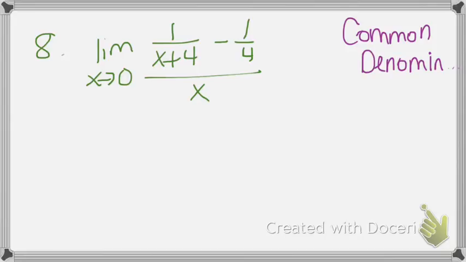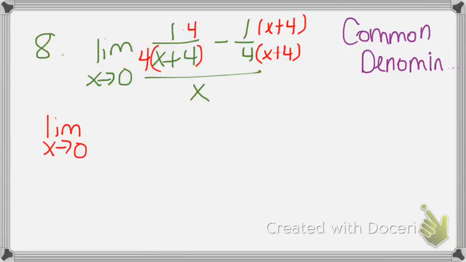So looking at the top, there's an x plus 4 and a 4. The common denominator there would be 4 times x plus 4. It's not just x plus 4 because with adding fractions, you can't just add something to the bottom. So what happens is I need to multiply this by x plus 4, and I need to multiply that by 4 to make the denominators the same. Well, if I do that, I also have to multiply the top by that same thing. So by getting common denominators here, I now have 4 over 4 times x plus 4